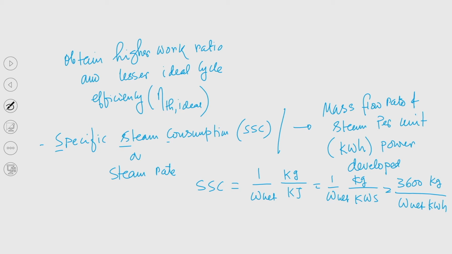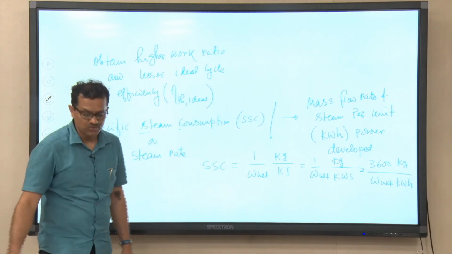So, higher the capital cost. If you would like to have a bigger plant, higher capital cost, then W net will be very small and efficiency will be less. Now, when SSC is very small, W net will be very high. So, you can understand this is an important index which governs both the capital cost as well as the operational cost. So, it is very important that we should understand.